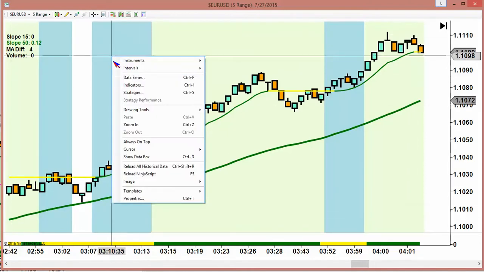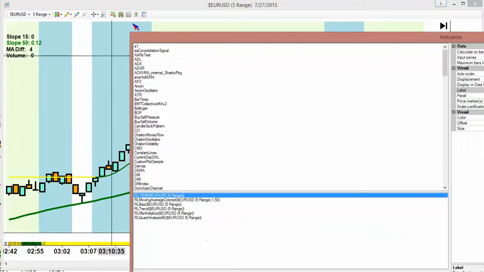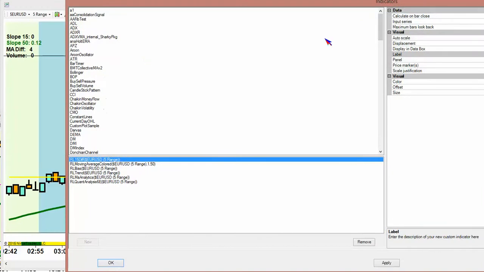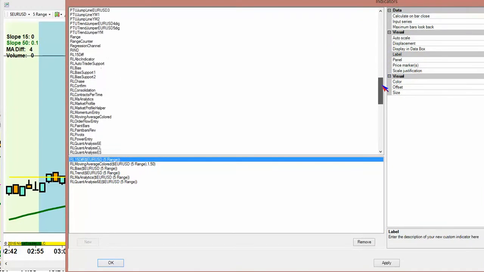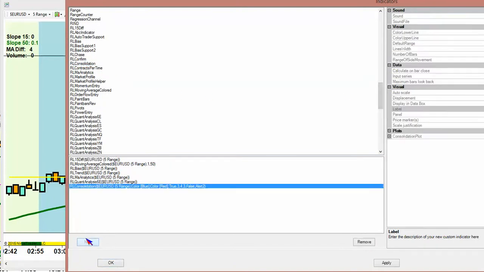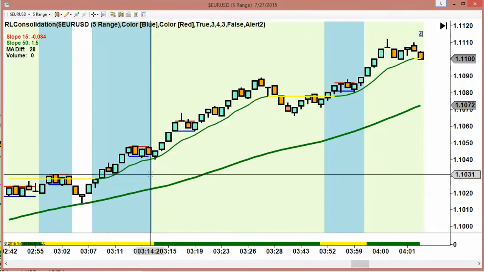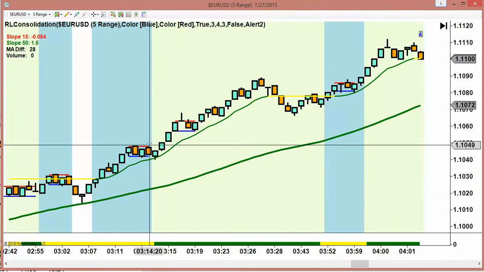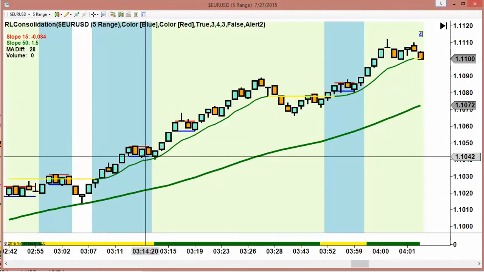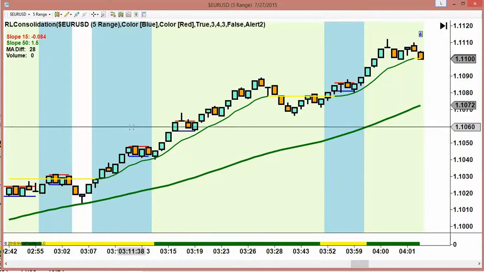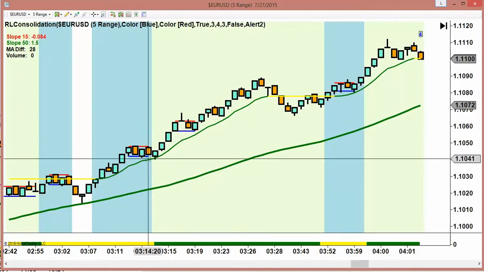I'm going to add this indicator right now because this is such a great indicator that I have to show it to you, because it's a market structure based indicator. It's called our consolidation indicator. Now, do you see the red and the blue line? Well, that defines a period of consolidation. And for me, consolidation is